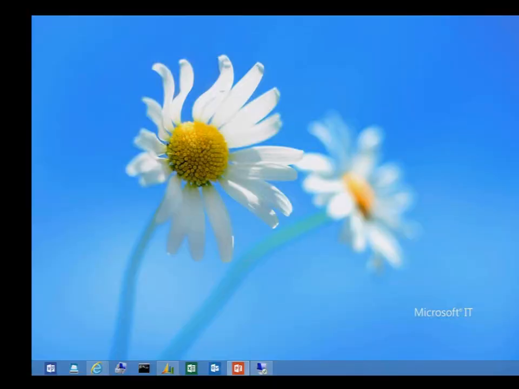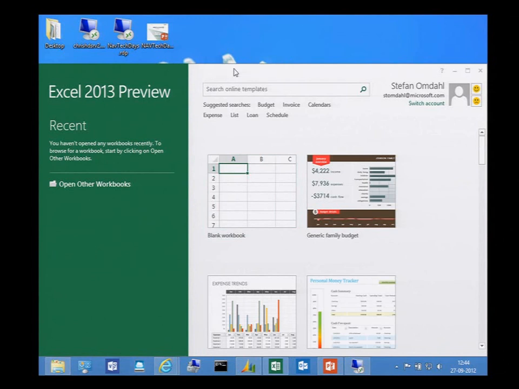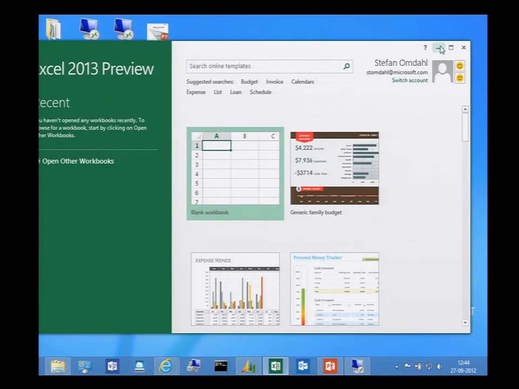There we go. I will start Excel. And first of all, I will just switch to duplicate so you can see what I'm doing. Probably help a little bit.